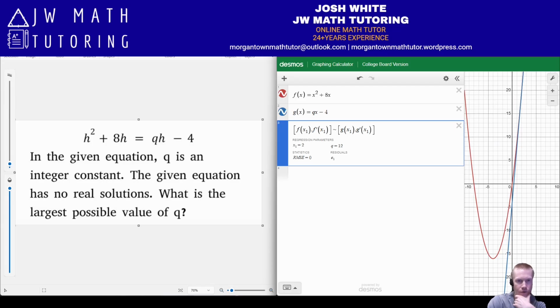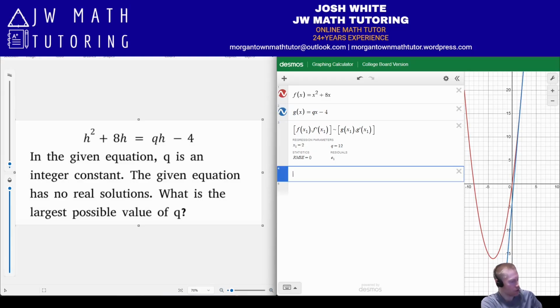Okay, so a couple things. First of all, it's given me an answer here, right? It's saying q equals 12, and it looks like they intersect once where x is equal to 2, right here, 2 comma 20. Okay, so the question is, what happens as I move it